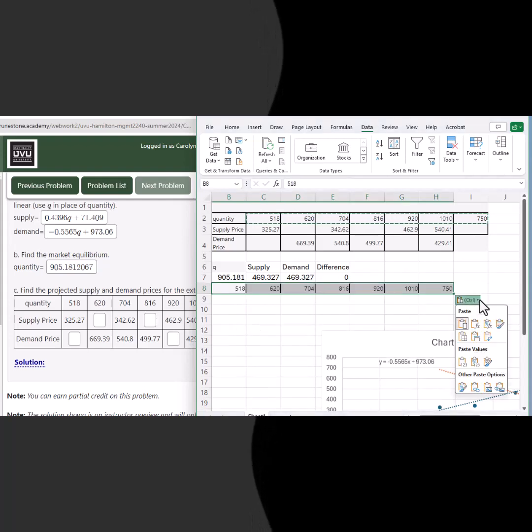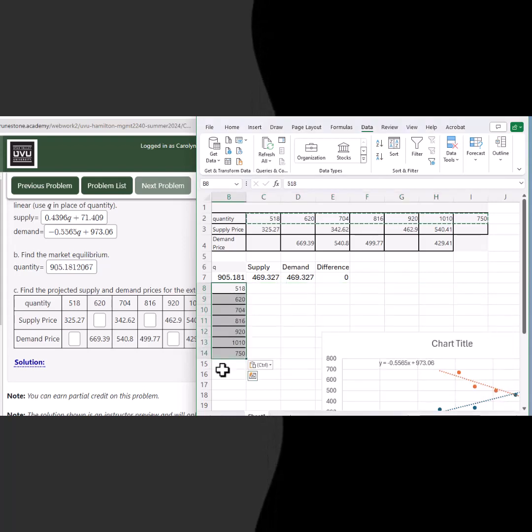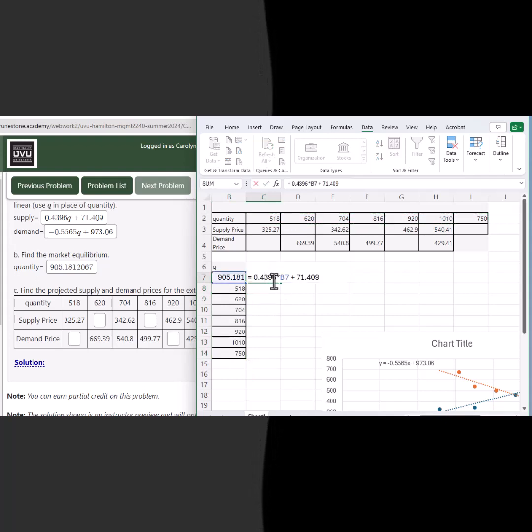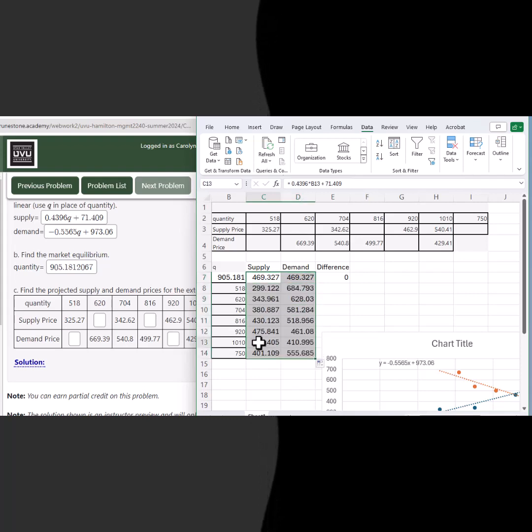And under your options, this one is to transpose, to change it from being a row to being a column. And now these formulas are ready to be copied down, and they will now be applied to the new quantity